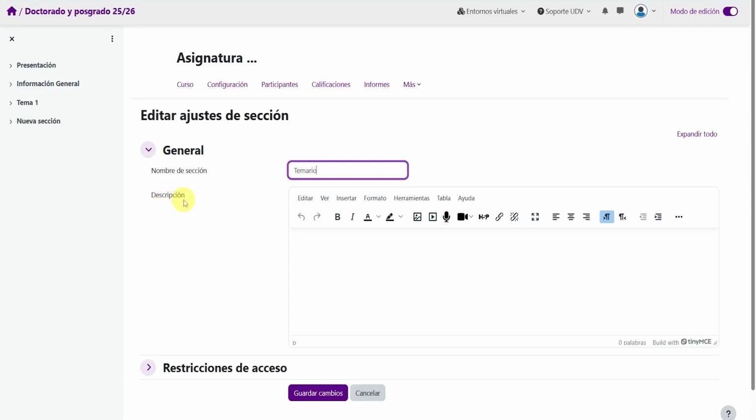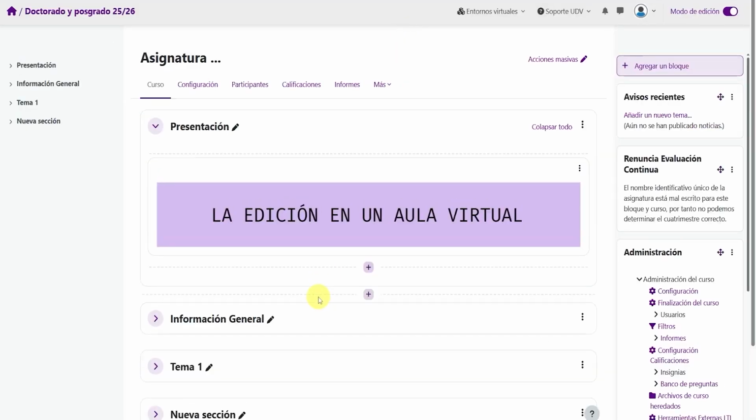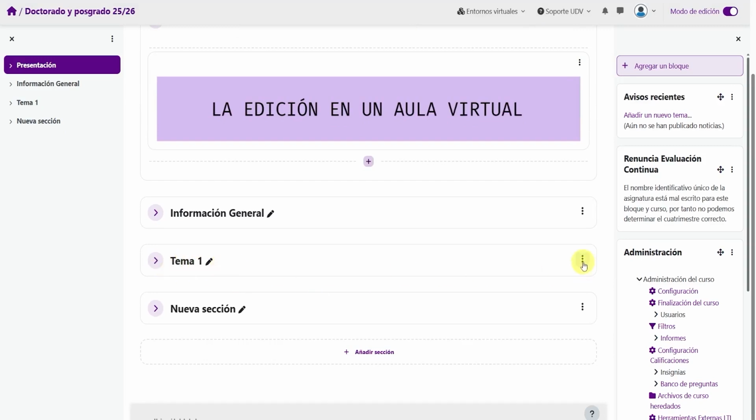Next, in the description area, using the Virtual Classroom editor, we can create and format text, add an image, or insert a link. Other options we will find when editing a section title are View, which displays the section on a new page, Highlight, where the section background is emphasized and marked in the title and the left-hand side block,